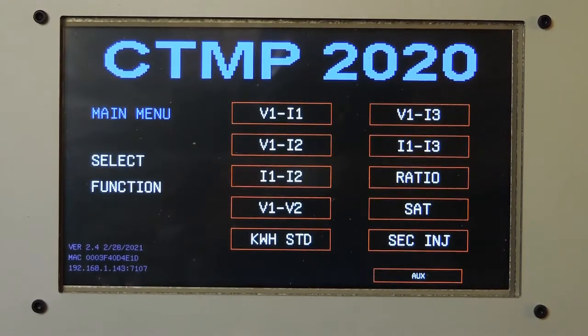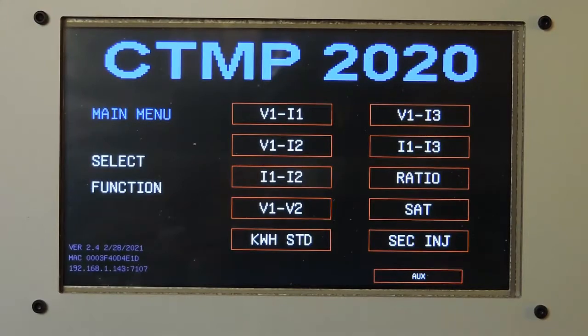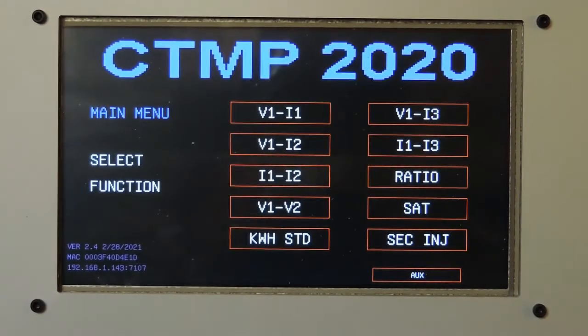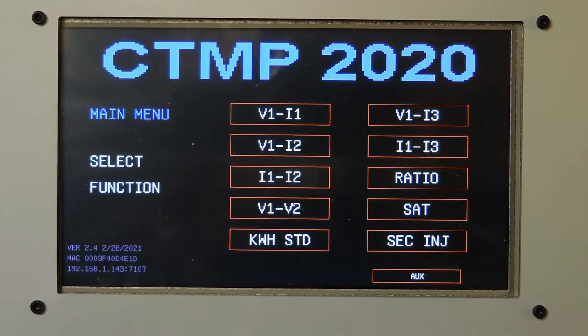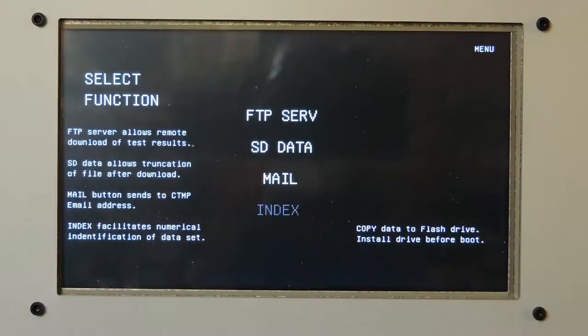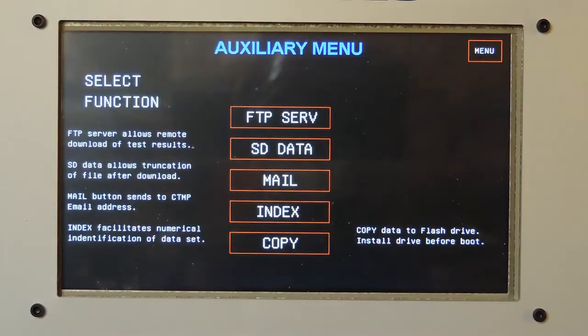Okay, this is going to be a little video on the various methods of writing the data to the SD card and transferring it with a flash drive. From the boot screen, from the aux menu, there are two general strategies involved in saving data to the SD